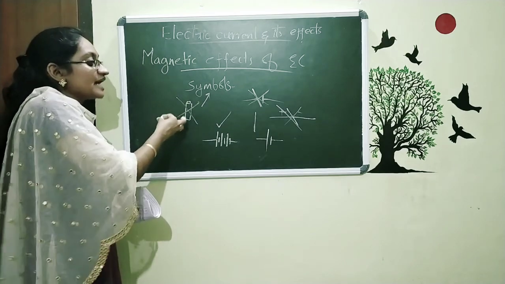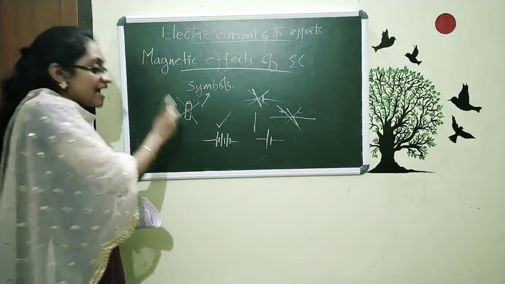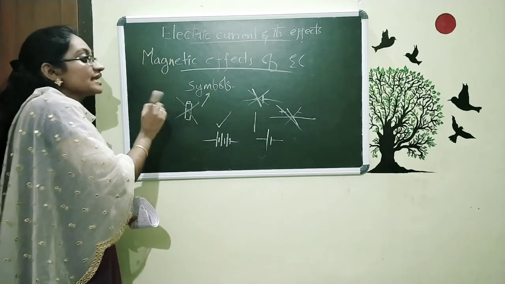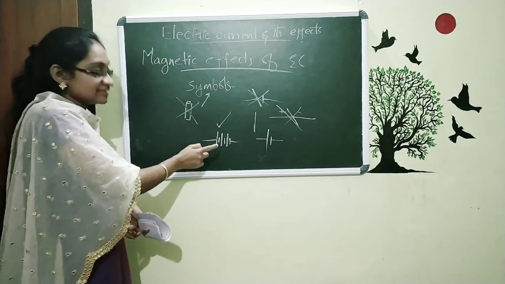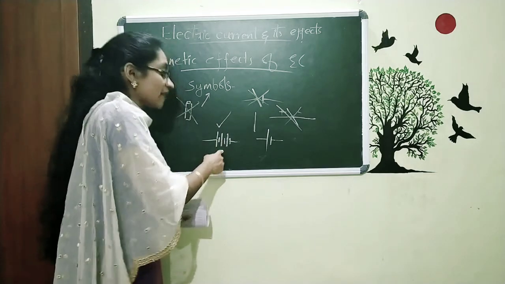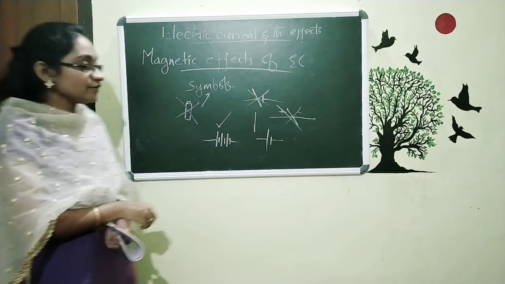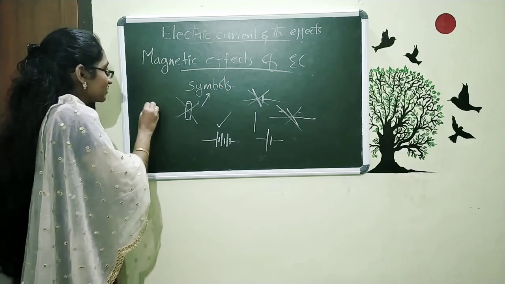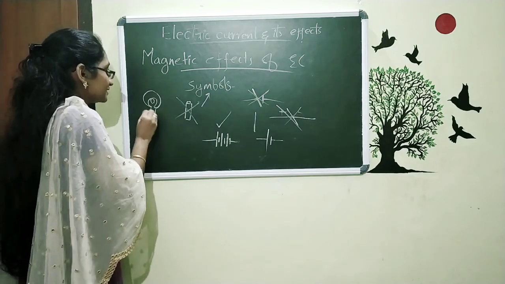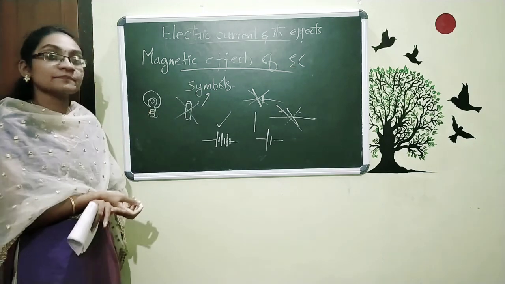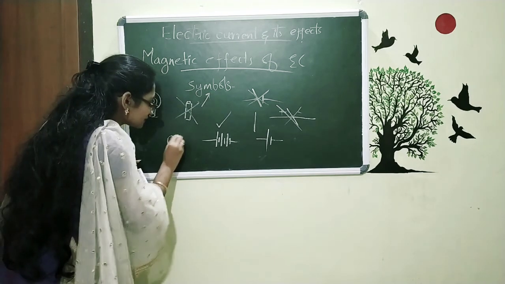We can see the battery like this, but we do not give a battery in a circuit like this. We draw it like this. This is the symbol for a battery and this is for a cell. Also, no need to draw this type of bulb in the circuit. How do we draw a bulb in the circuit? We just want to draw